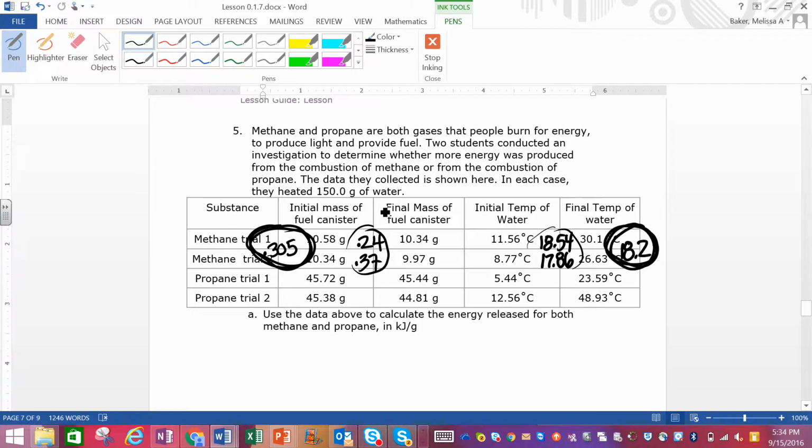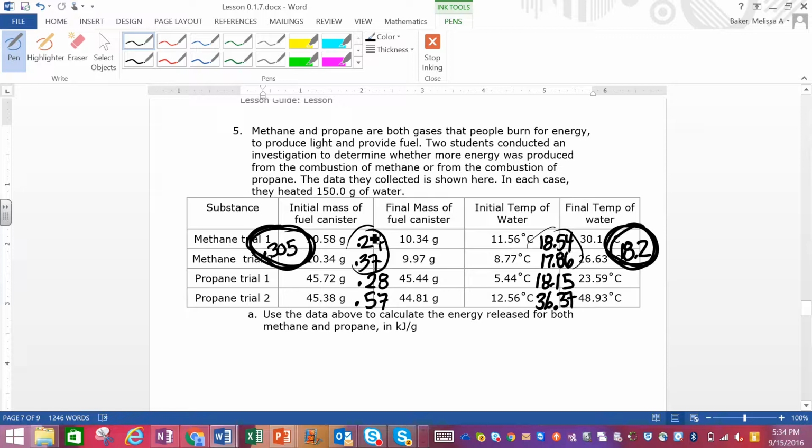All right, how about propane? They burned off in this one, punch this into my calculator, they burned off 0.28 grams, and the temperature went up 18.15. And for propane trial 2, they burned off 0.57, and I'm subtracting these. The temperature changed by, wow, a lot more,